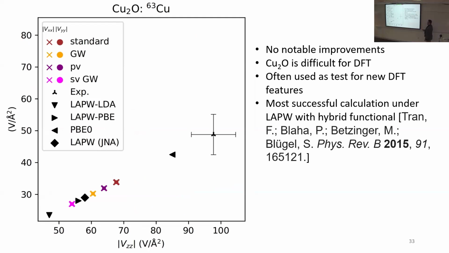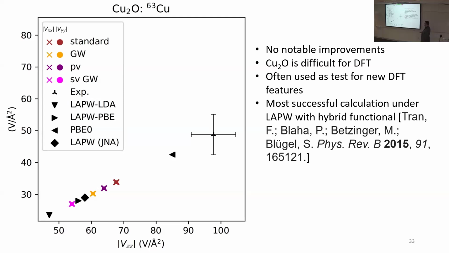And lastly, I want to move on to this copper oxide, which is a very difficult material to converge. And you can see here by the result that it's also a very difficult material, and it's been used for the better part of the past 30 years as a litmus test to test new features in density functional theory. Immediately, you can see that there's